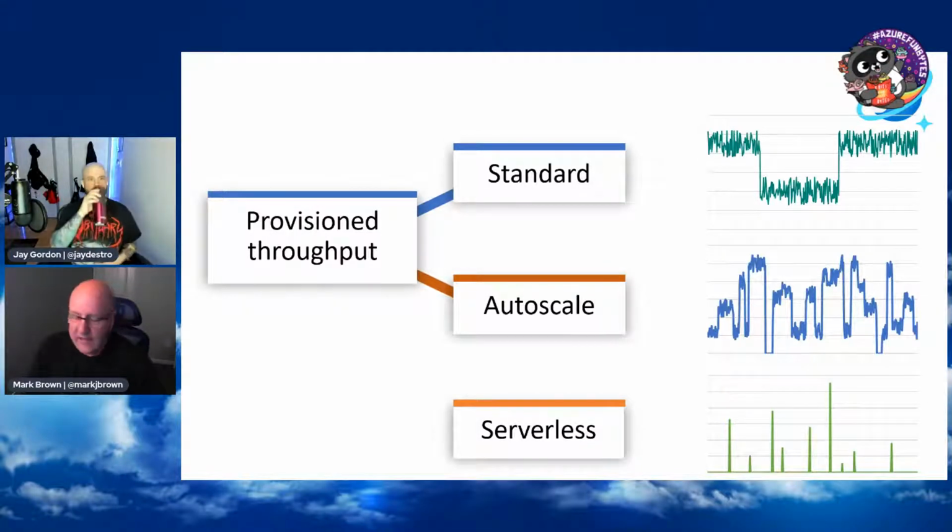Yeah, well, with standard, I would say the use case is that it's more predictable, right? Let's say you have an app deployed in your company and it gets a lot of use during working hours and then not a lot at night. You could use the standard throughput and just schedule it. You could create a little Azure function on a timer and have it scale up an hour or 10 minutes or whatever before everybody comes into work, and then scale it down at night, right? That would be a good use case. And people do use that.